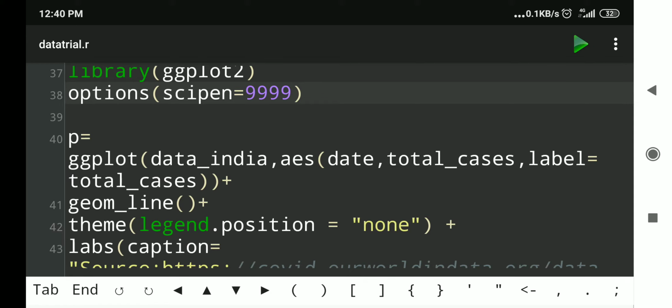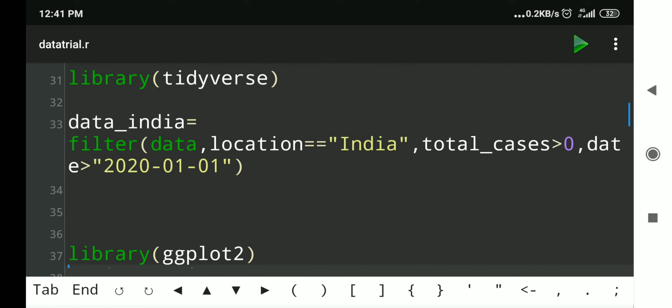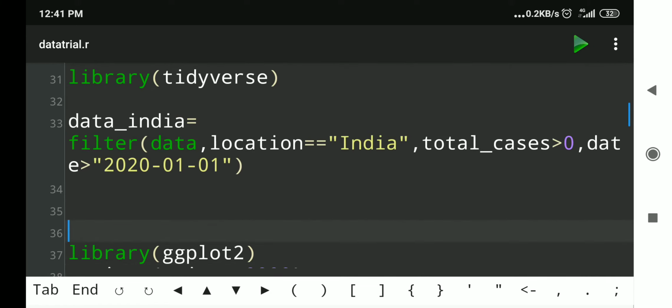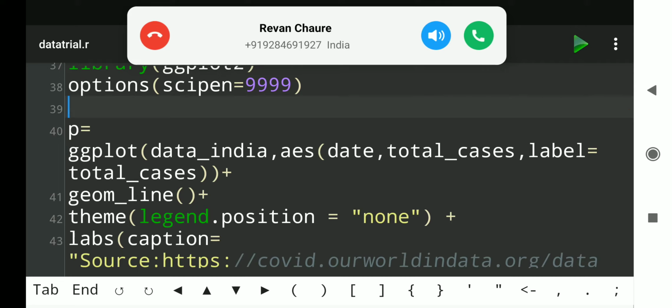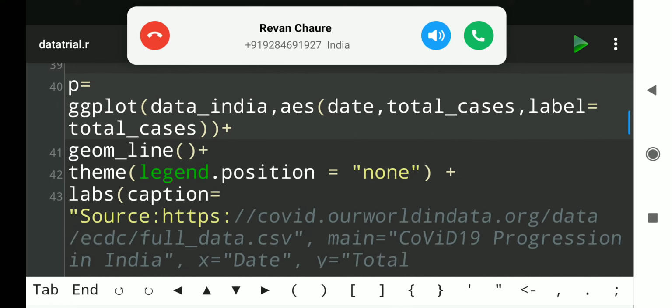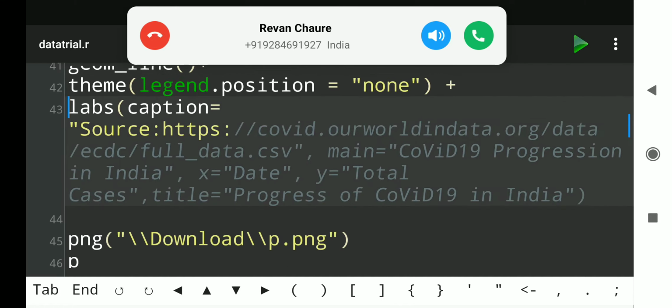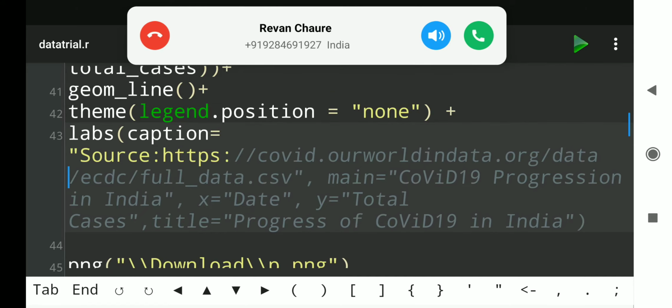Data India is provided. This is the filtered data. Data India is data for India only, and that plot is plotted using date as the x-axis and total cases as the y-axis, and the label will be total cases. Geom line will be there, theme is there, labels all are there. In those labels I have declared the source also, and when we run this data,